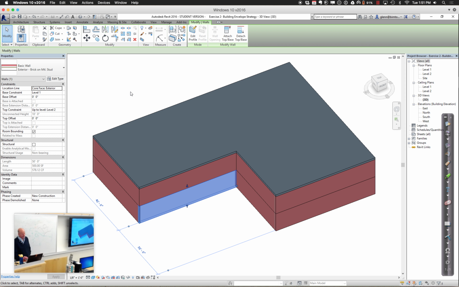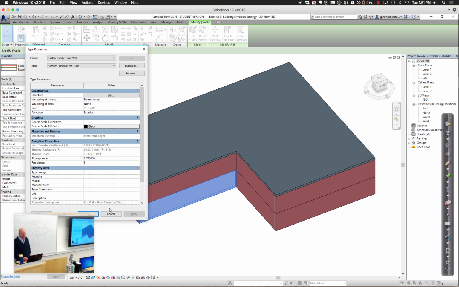Brick on metal studs that has some sort of thermal properties associated with it. Okay, actually very good thermal properties. There must be a lot of insulation in that wall construction. You can change that, start thinking about things you might want to have there instead. But again, don't belabor this. Spend most of your time on your project, but go ahead and do something here